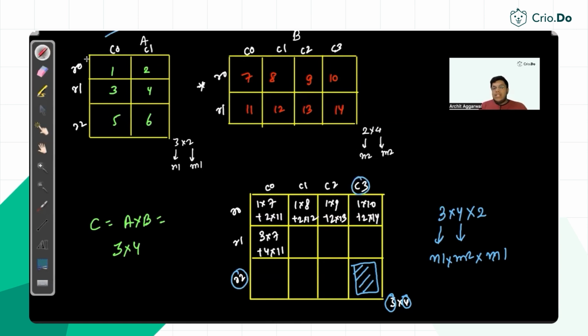So what is getting fixed in the first dimension, in the first matrix? The R2 is getting fixed. Let's say this is the R variable, and this is the C variable. So this is also R. And what is C3? C3 is coming from this. This is also C. Row will get fixed from the first matrix, column will get fixed from the second matrix, and we